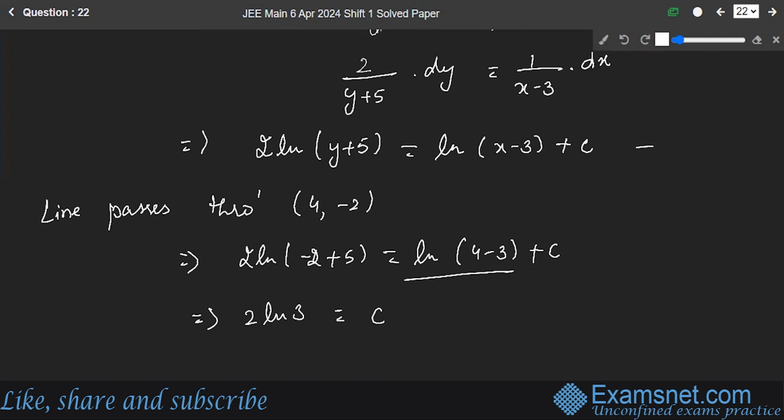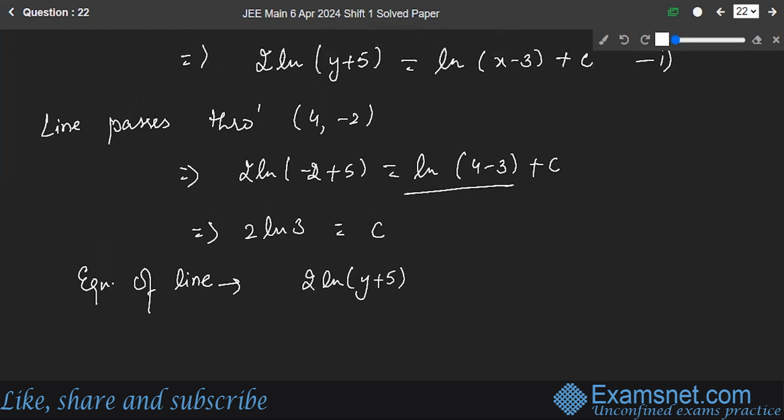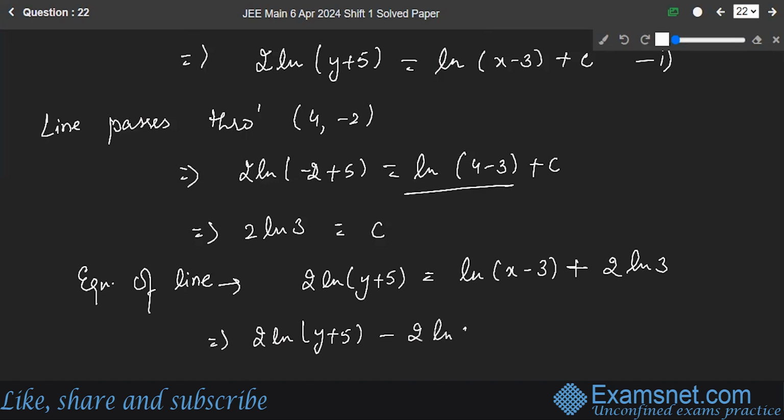Now let's get back to our line. This was the equation of the line. Now the equation of the line becomes, it was 2 log y plus 5 is equal to log x minus 3 plus 2 log 3, right? And let's solve it further. You have 2 log y plus 5 minus 2 log 3 is equal to log of x minus 3,